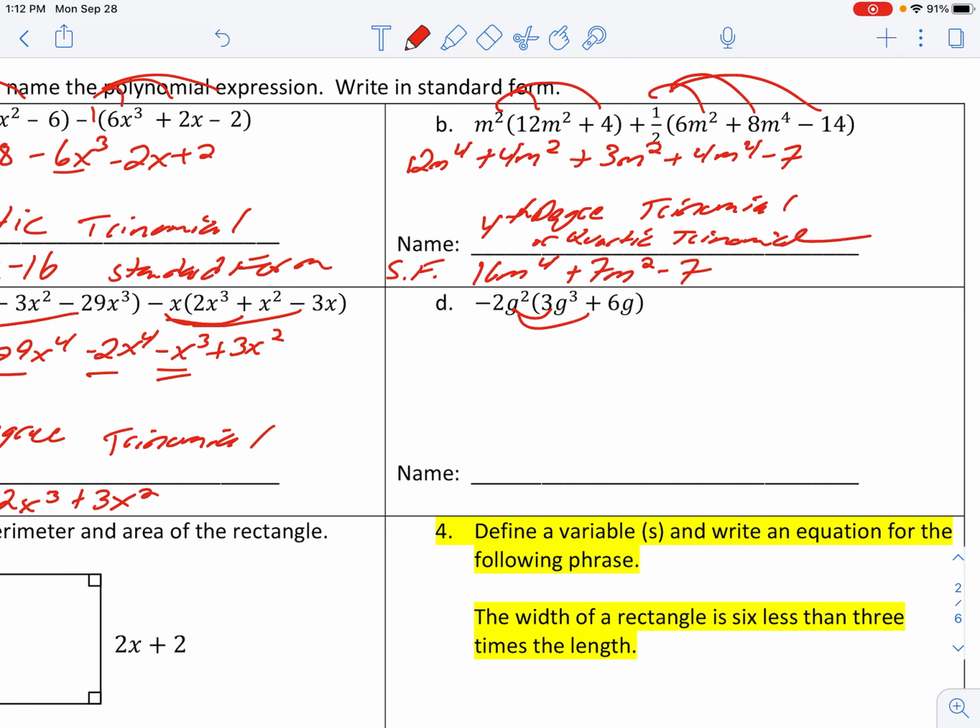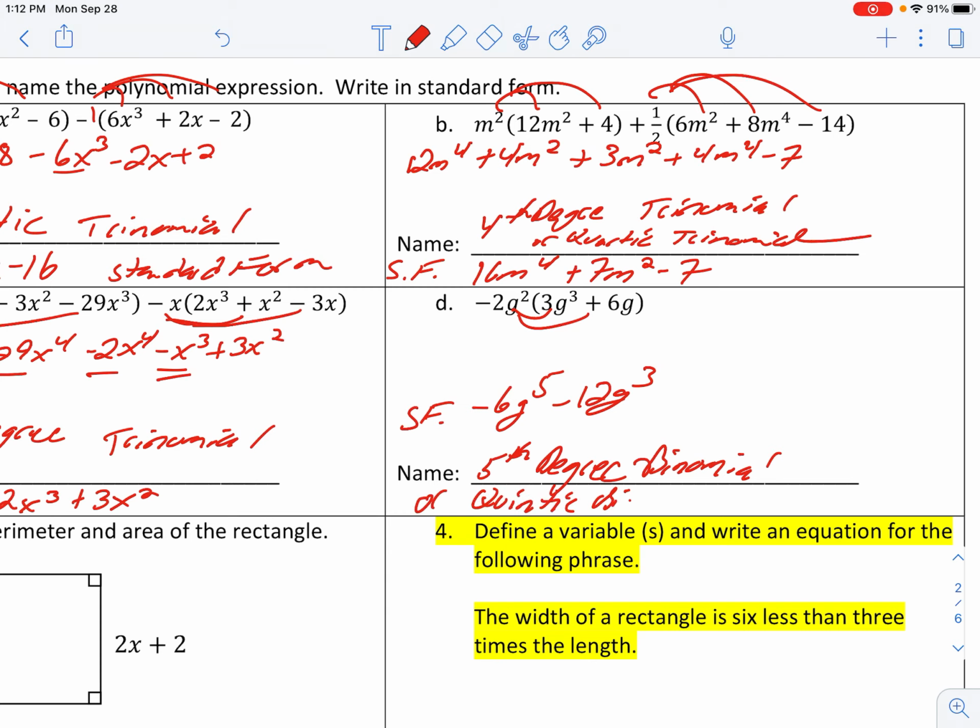Distribute the negative 2g squared. And this one, there's not going to be like terms combined, so we're just going to get negative 6g to the fifth minus 12g to the third. This is what we call a fifth degree binomial. Instead of fifth degree, we could also call it a quintic binomial. All right, so doing your operations, put it into standard form, and then being able to